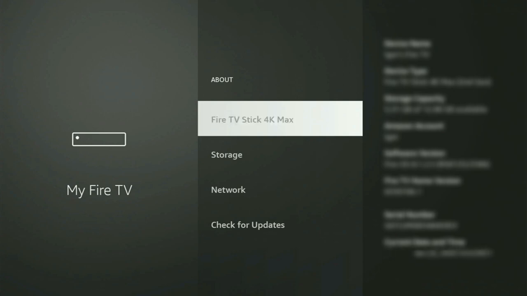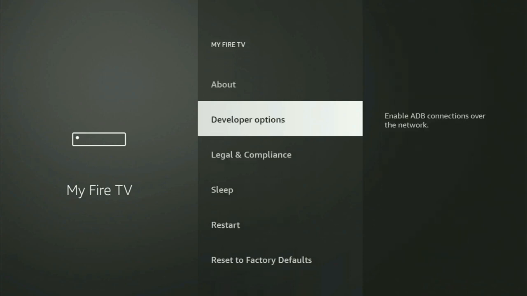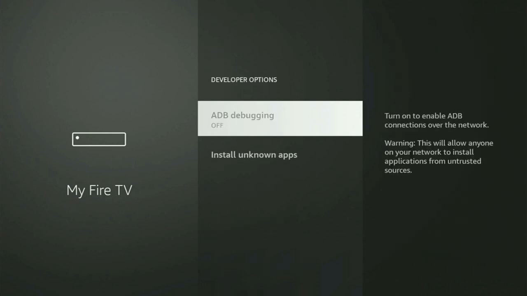So let's do it. And as you can see, now for me at the bottom, it says no need. You are already a developer. That's in my case. And in your case, it's going to say that you have become a developer now. So if you go back a bit, you will finally see developer options, which now have popped out for us right here. Let's open them, make sure to turn on the ADB debugging,